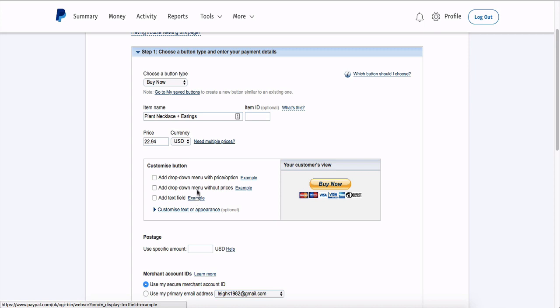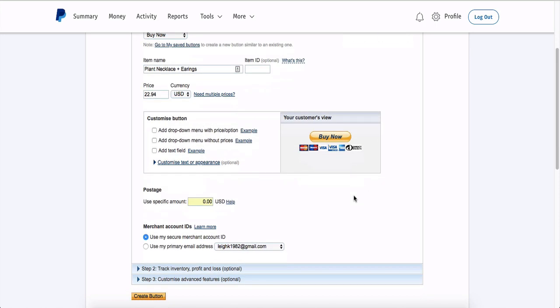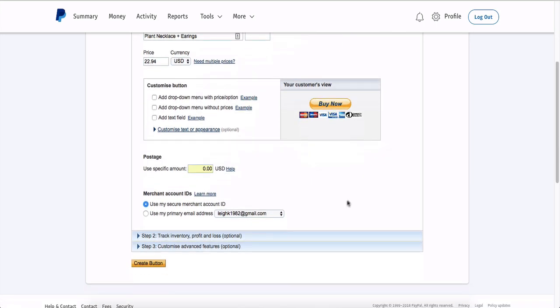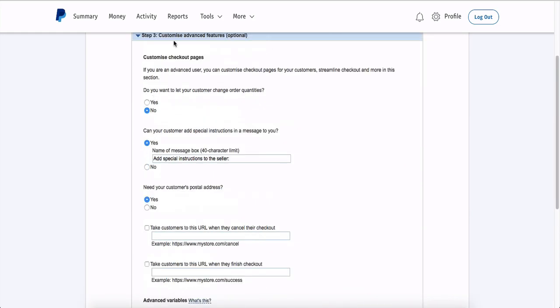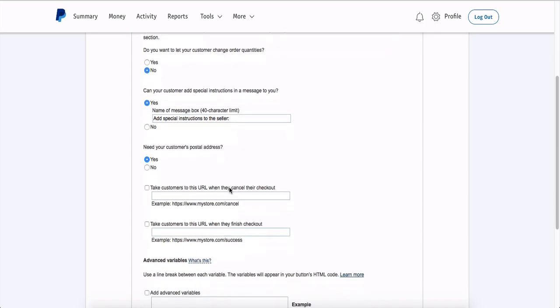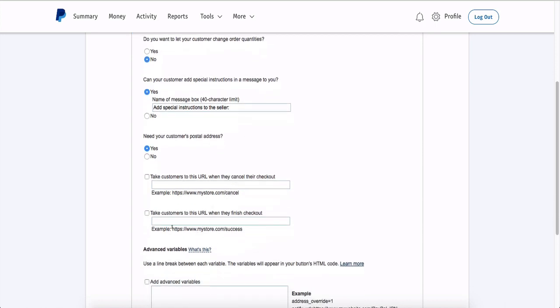As you can see, this customizes the button here. I'm just going to choose 0 for the postage, but we don't need to change anything here because we're not too bothered about the product. We need to choose where you're going to send the cash, and then we need to go down to customize advanced features. You've got a number of different things that we can do here, but the only one that we need to deal with is take customers to this URL once they've finished,